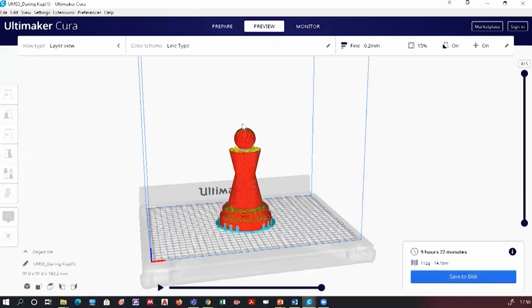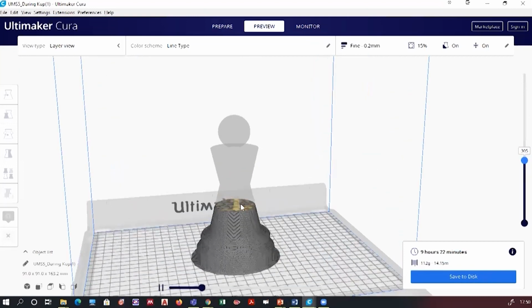Now, over here, these are the steps. These are 815 steps in which this whole model will be completed. Now I will take it to one of the mid steps and show you exactly how it works. If you see very carefully, you will see this nozzle going round and creating some kind of mesh inside.